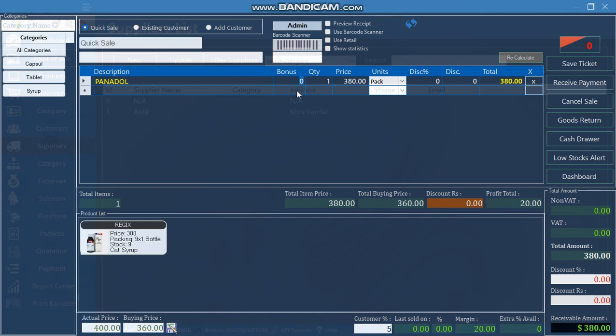That bonus is something that you want to give to our customer for free. So you can set it here, and you can set the quantity, and as you move there, this will be calculated by itself. So that 380 by 2 is 760, and now you can select either